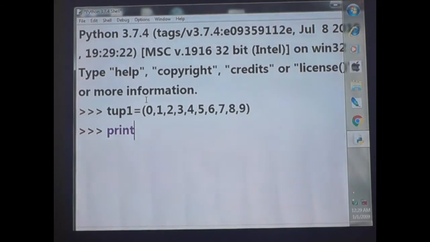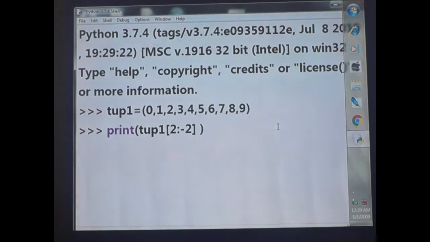So print tuple1. You see this tup1, here also tup1. Okay, perfect. Then you want to do slice, right? Slice means you have to give square brackets, then close brackets, then within the square brackets you have to give 2 is to minus 2. Okay, so if I give enter, what is the output? Tell me. 2 is to minus 2.